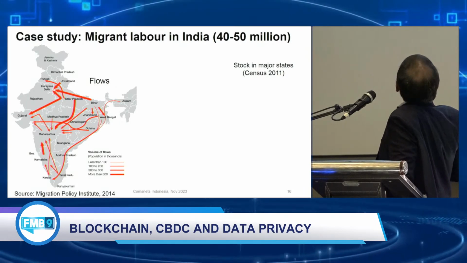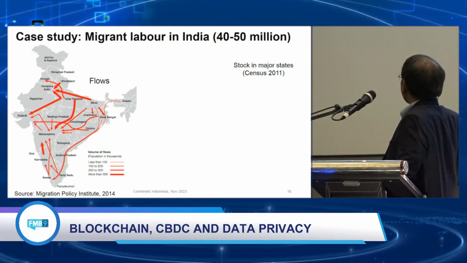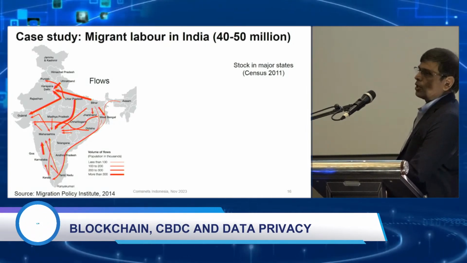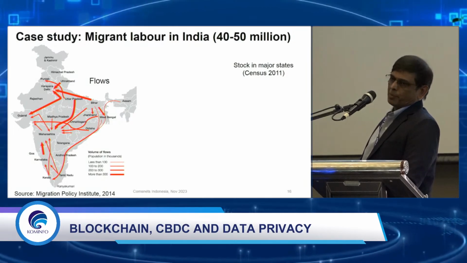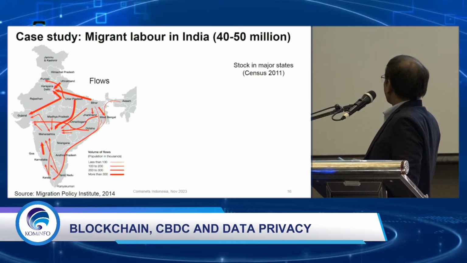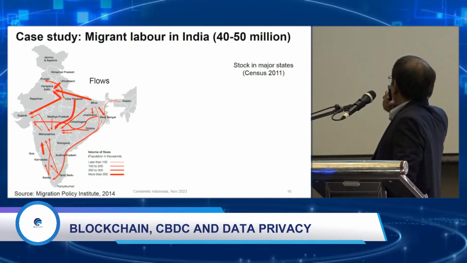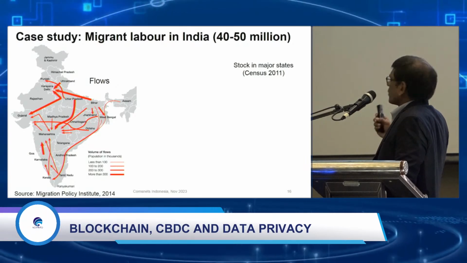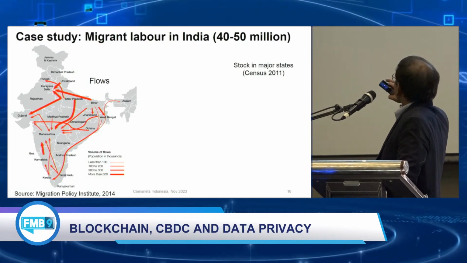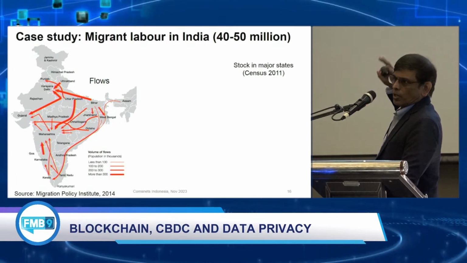The total stock, I think this figure on the right is not showing up, but the total stock of migrant labor in India is about 40 million people, roughly. Migrant workers, migrant labor. And you can see in this diagram, I'm showing you the flows within India of this migrant labor. Specifically for South India, where I come from, Tamil Nadu, a lot of our migrant labor comes from Assam, Bihar, West Bengal, that is the northeast of India.